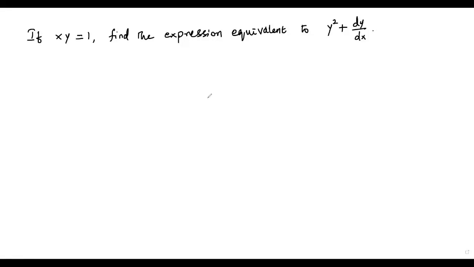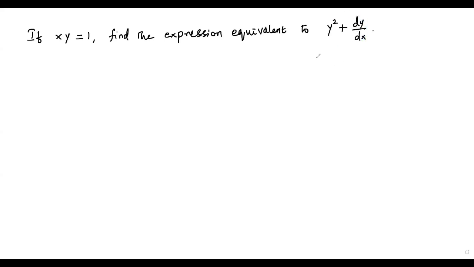Here we have a problem on derivative. Okay, let's go to the information. If x times y equals 1, find the expression equivalent to y square plus dy by dx. Okay, to get the expression which is equivalent to y square plus dy by dx, first I need dy